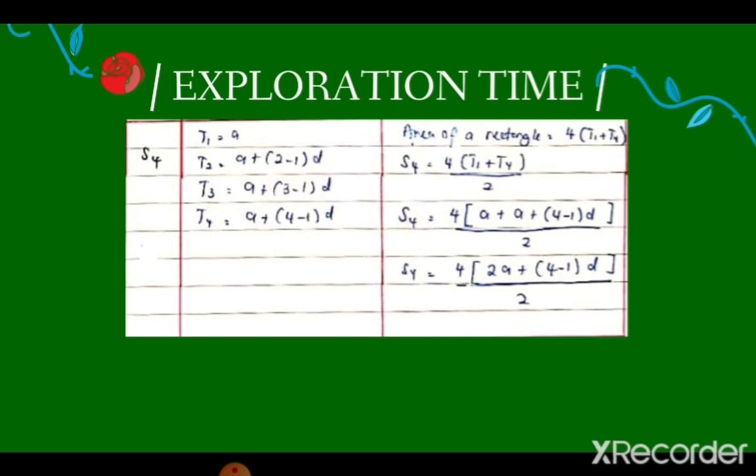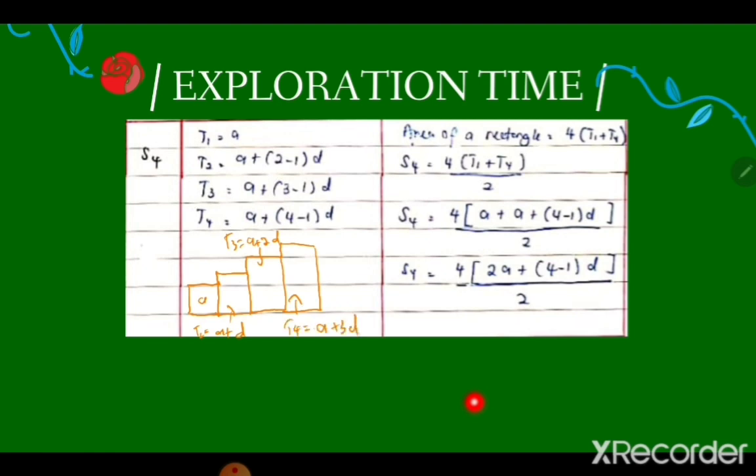Okay, S4, it means that we have this one, this one, this one, and this one. So this is a, this is a plus d, the second term, and this is T3, the third term, and this is our fourth term,